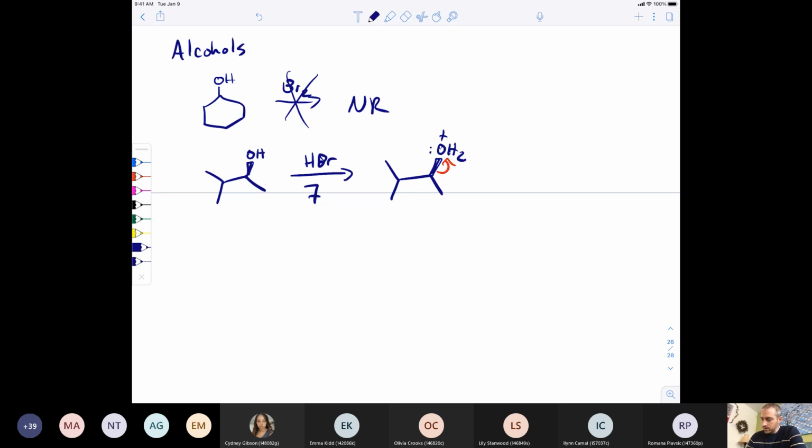This leaves to give you a secondary carbocation, which can then rearrange, give you a tertiary carbocation, which the Br minus that we ejected in a previous step can come in and react,